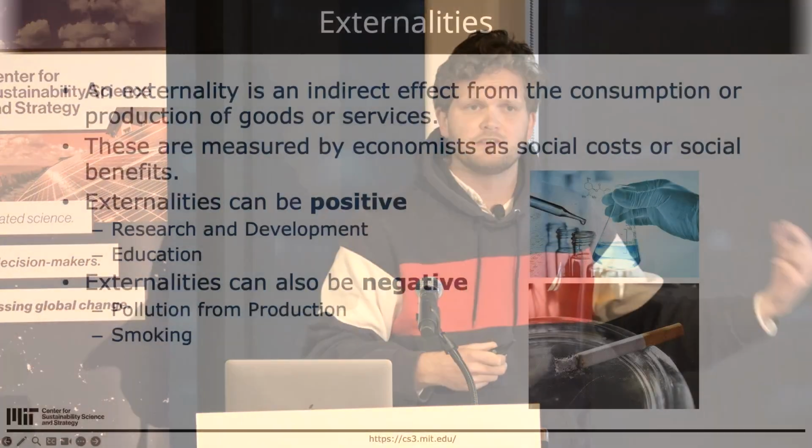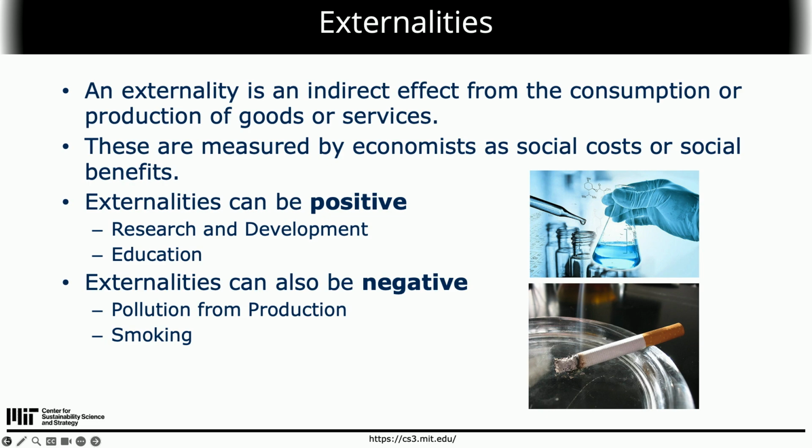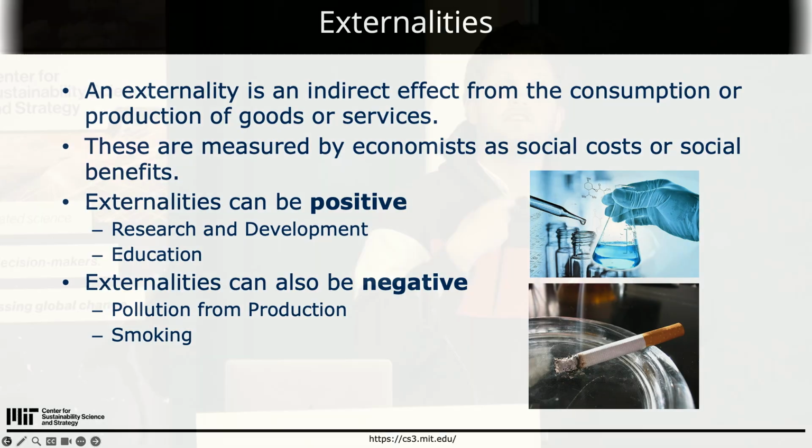It's having an impact on society that's outside of the market, and it's not being included within that demand and supply curve. Okay? You can also have something like smoking, and it's not so much the production of cigarettes, it's more people smoking themselves. You then have secondhand smoke, you then have a negative impact on the healthcare system, etc., etc. That is not included within that initial transaction and within that initial price. So an externality is something that's happening outside of those initial production costs and costs to society.